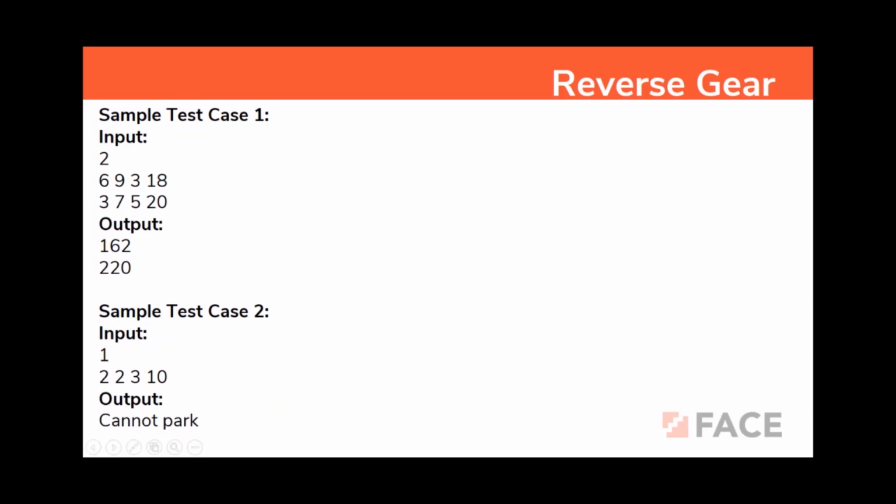Now if you look at sample test case 2, there is only one test case here and it is 2 2 3 10. So 2 meters in the backward direction and 2 meters in the forward direction. It keeps repeatedly happening, which means the car will not move from its initial position at all. That is the reason why we have got the output as cannot park. Now to understand the first sample test case better,